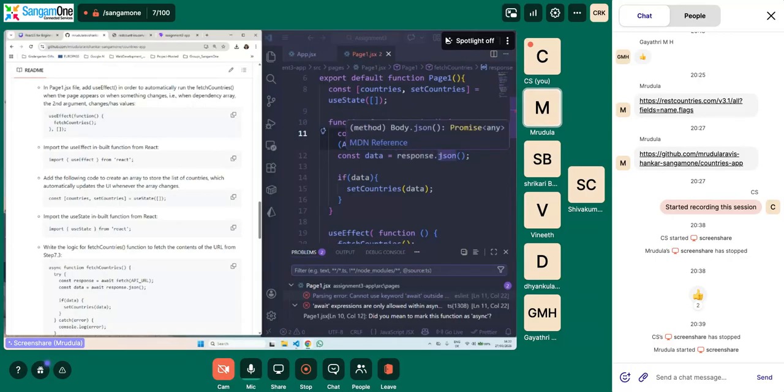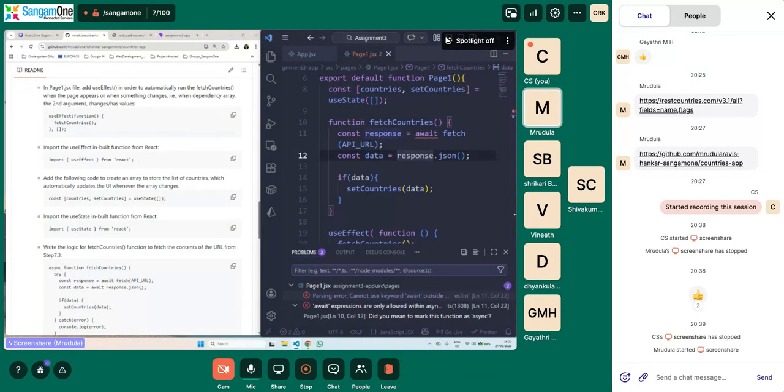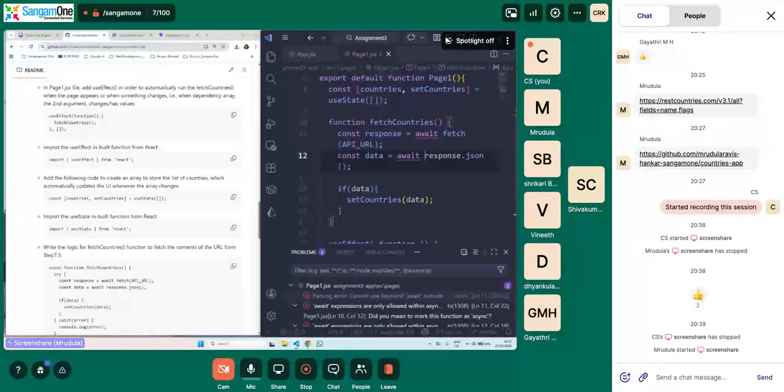let the compiler also know that it is JSON. We also add await here because the list is very long. In order to be able to parse it, the compiler needs some time, so we will make use of await here as well. Another thing is, once you use await, you need to let the compiler know that this particular function will be asynchronous, so we make use of async function.